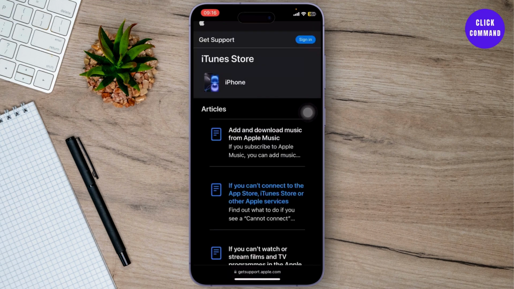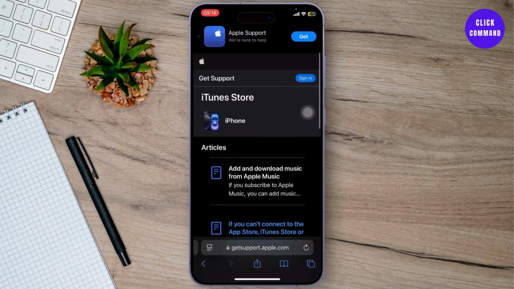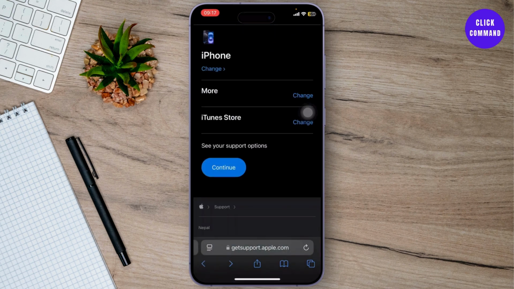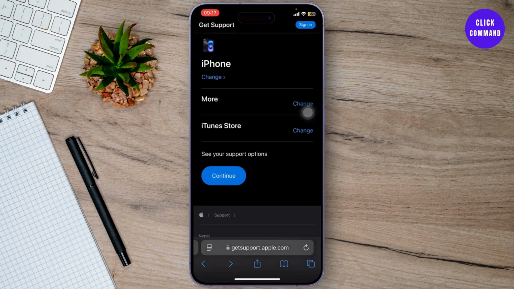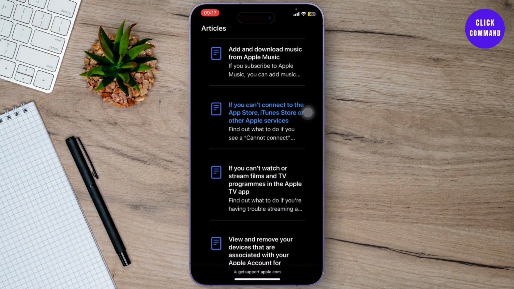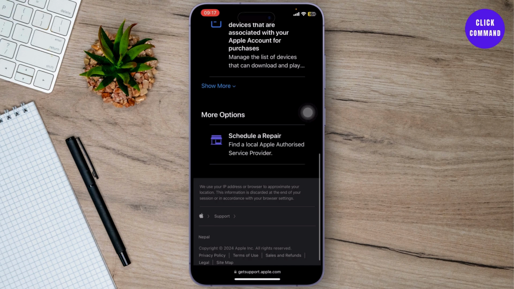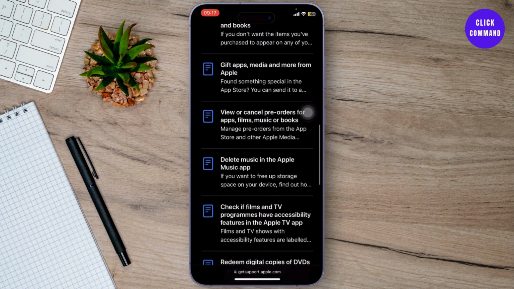After you do that, you will get a phone number most probably, but if you don't get that, what you can do is simply go back here, tap on see your support options. Now this might not be working for some people, so you can simply tap on continue as well. Now here you should be able to just contact your Apple support, and you can ask them to fix your